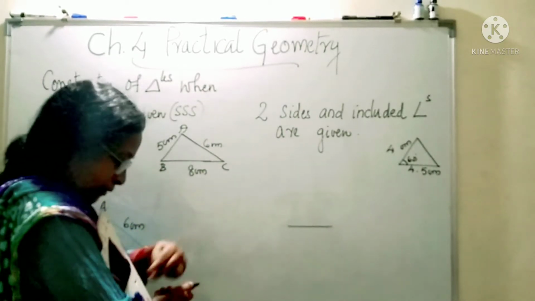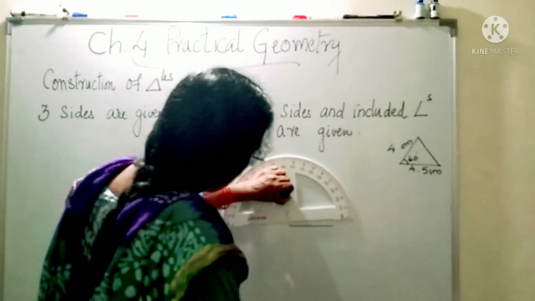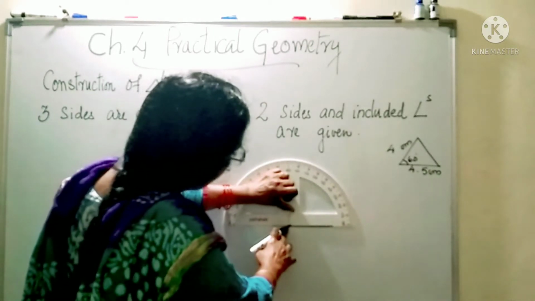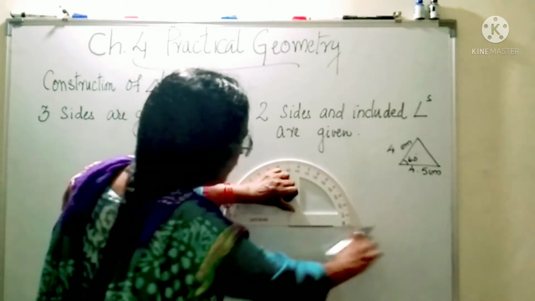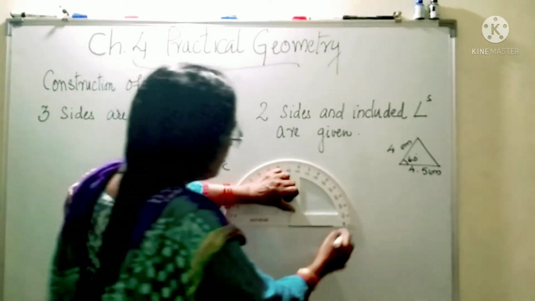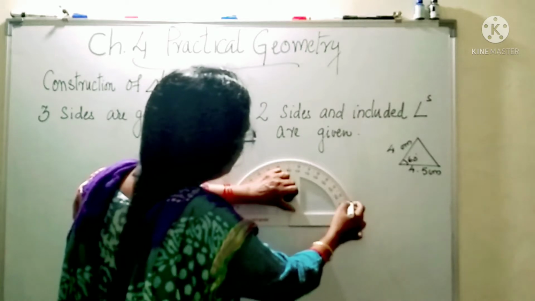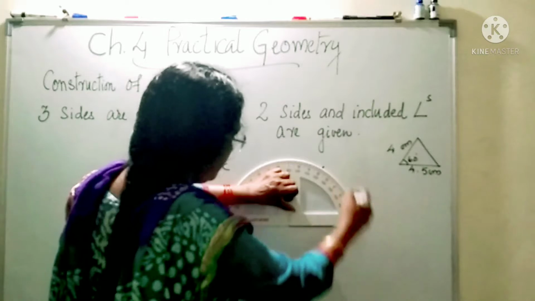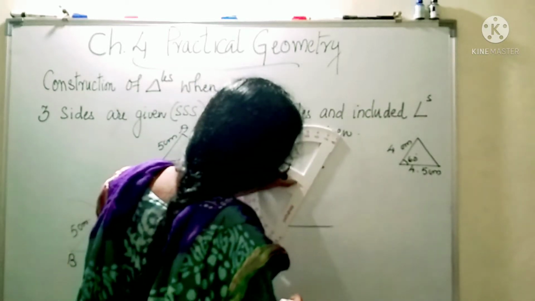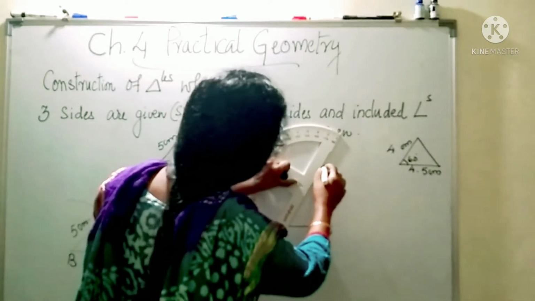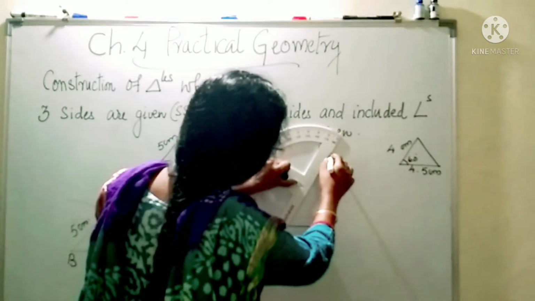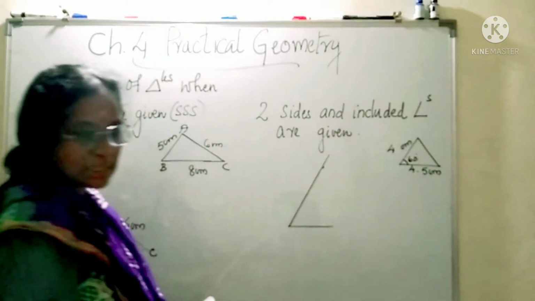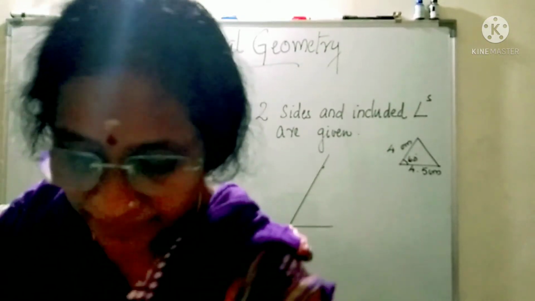So here. Then wherever the line is, towards which side, from that side you need to count. Now see here, I am keeping it here. Now the line, here I am going to draw the angle, the line is toward this side. So from that side 0, 10, 20, 30, 40, 50, 60. Mark a point and then using this you can draw the line segment. So this is an angle of 60 degree.